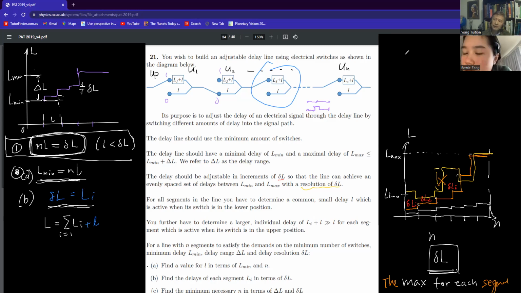The increment must be smaller or equal to delta L. Yes, but on the other hand, they don't have to follow the arithmetical sequences, right? For example, the total delay can just increase like this. Can you see that? This is what it is trying to ask. So if you do that one, that is smooth. So they were trying to avoid this one. You understand? Yeah. Okay, in that case,